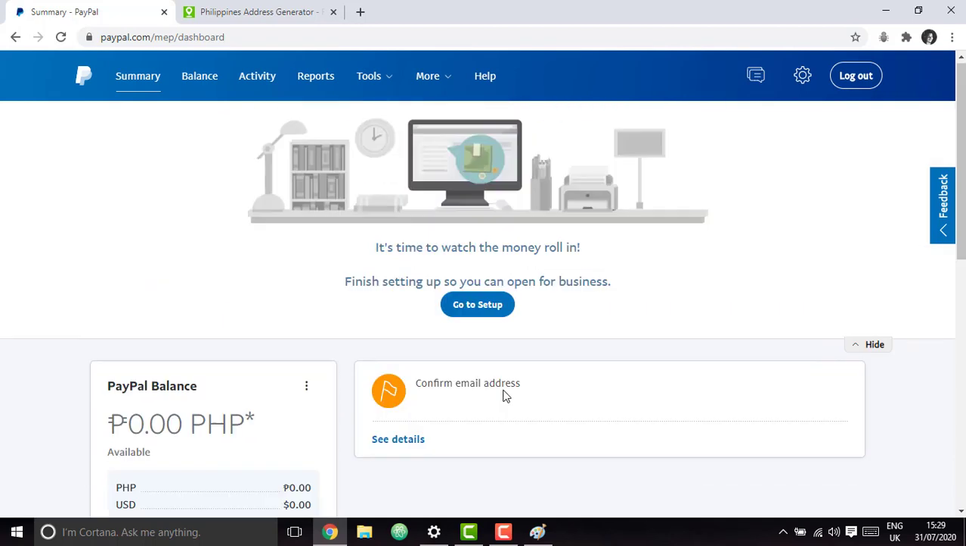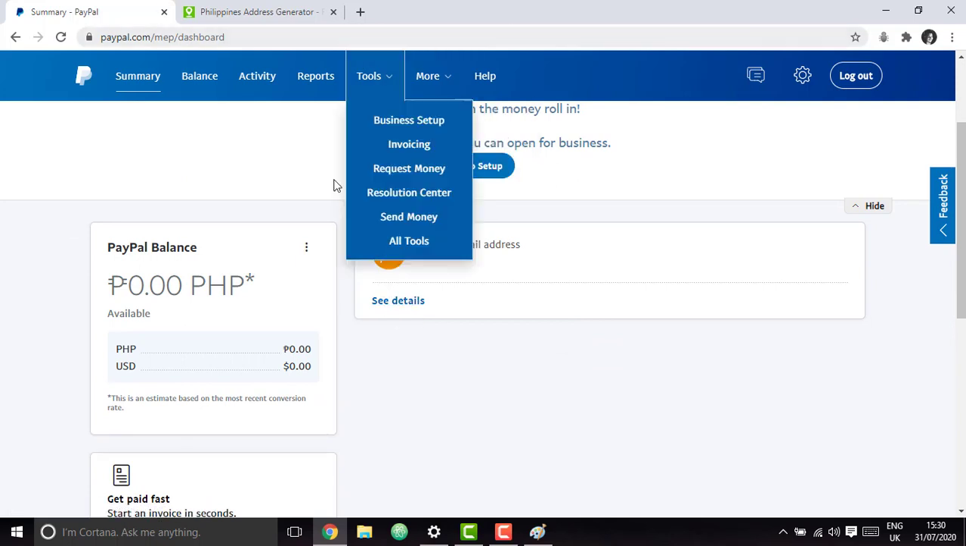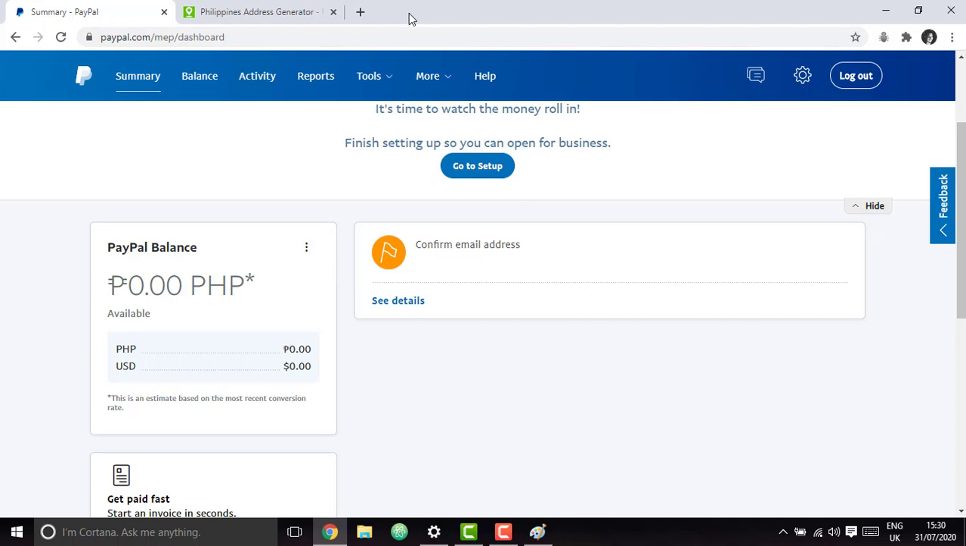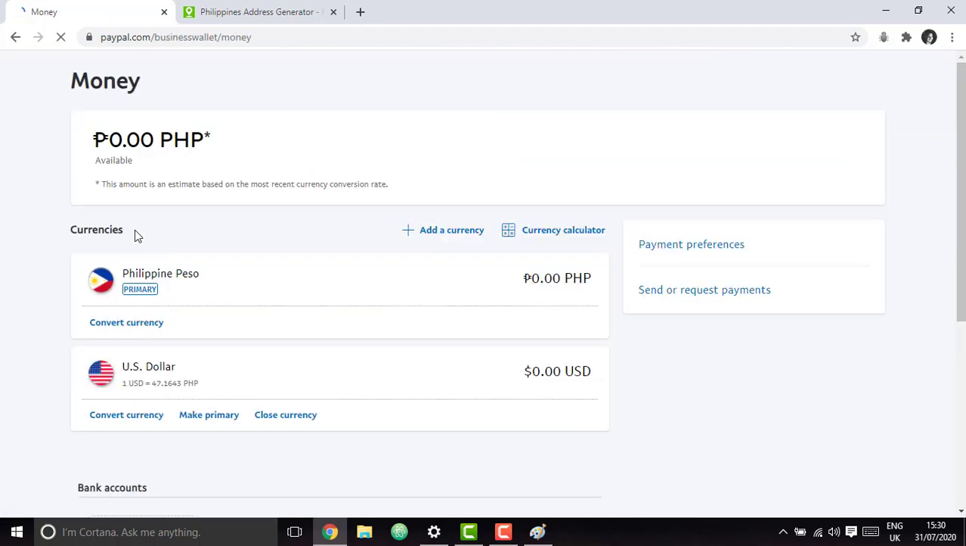So now over here you can see that this is done. It says confirm email address over here. So you would have got a link from PayPal to your email address which you used here. What you have to do is go to your email address, check for the mail from PayPal. Sometimes it might be in the spam folder, so make sure that you check there and click the link and confirm. And after you confirm, or before that, you can go to this money page, and since now it's in pesos,